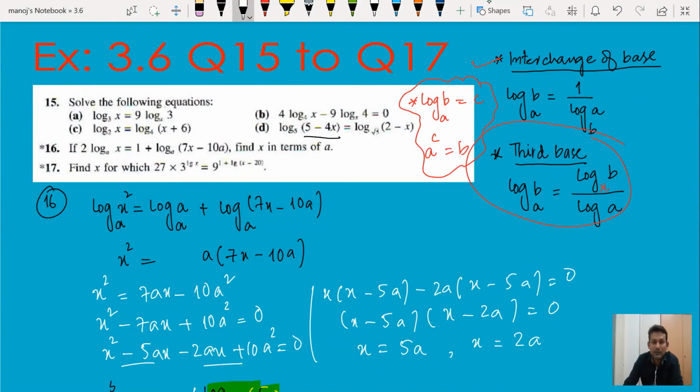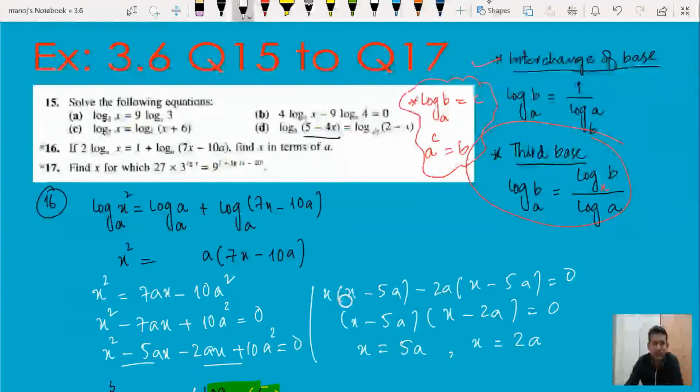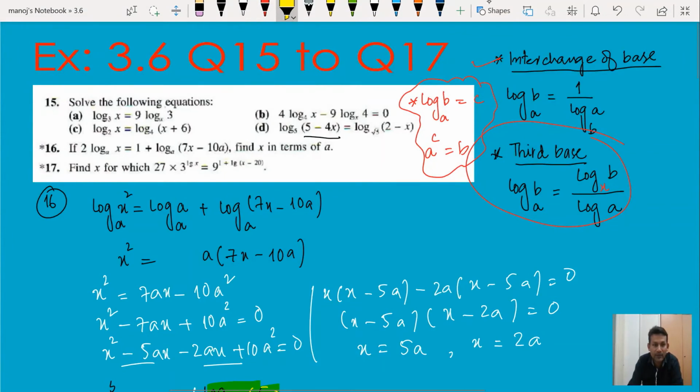Okay, one thing is very important here. Once again, please look at this x. Only this part is enough here: log a with x. This x is 5a, and both are negative, there is no problem. But when we move to this part,